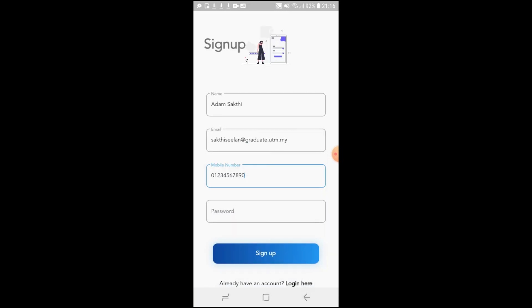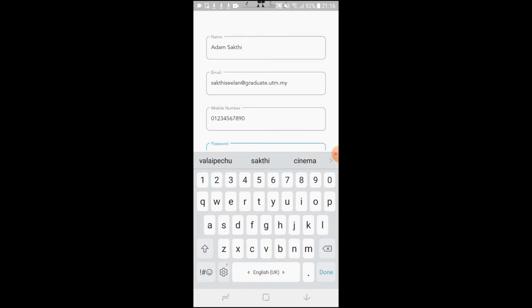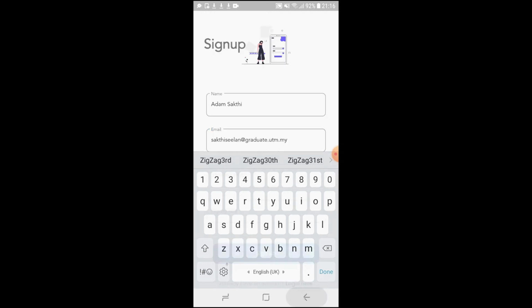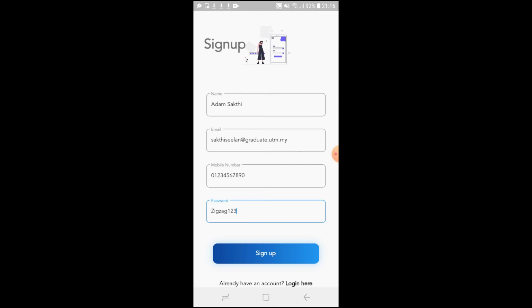These mobile numbers can be added later on the profile of the user, and then a password. So then we'll have to sign up.